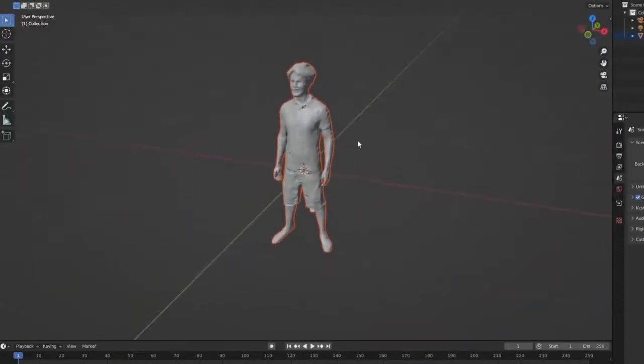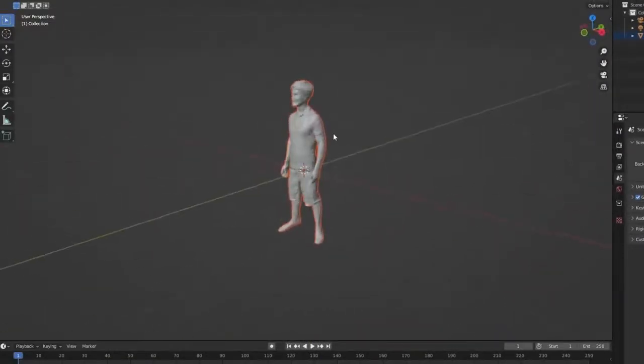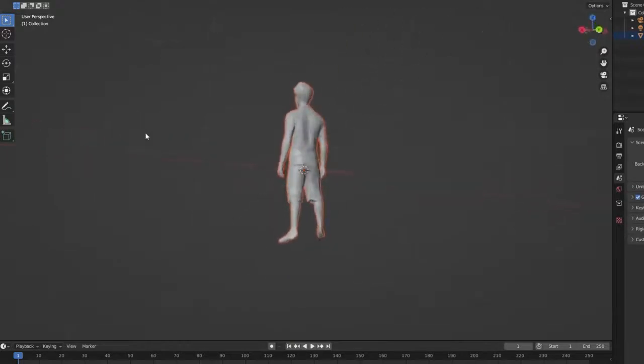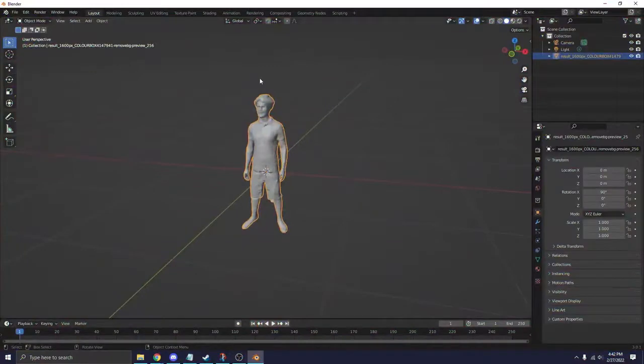which is kind of cool, but we're going to actually make this look really, really good for our NFT. So what's crazy about this is this came from a 2D picture. It even made the back and the bottom of the feet and everything. This is all from a 2D picture. How cool is this? So the next thing we want to do is we want to make sure we select